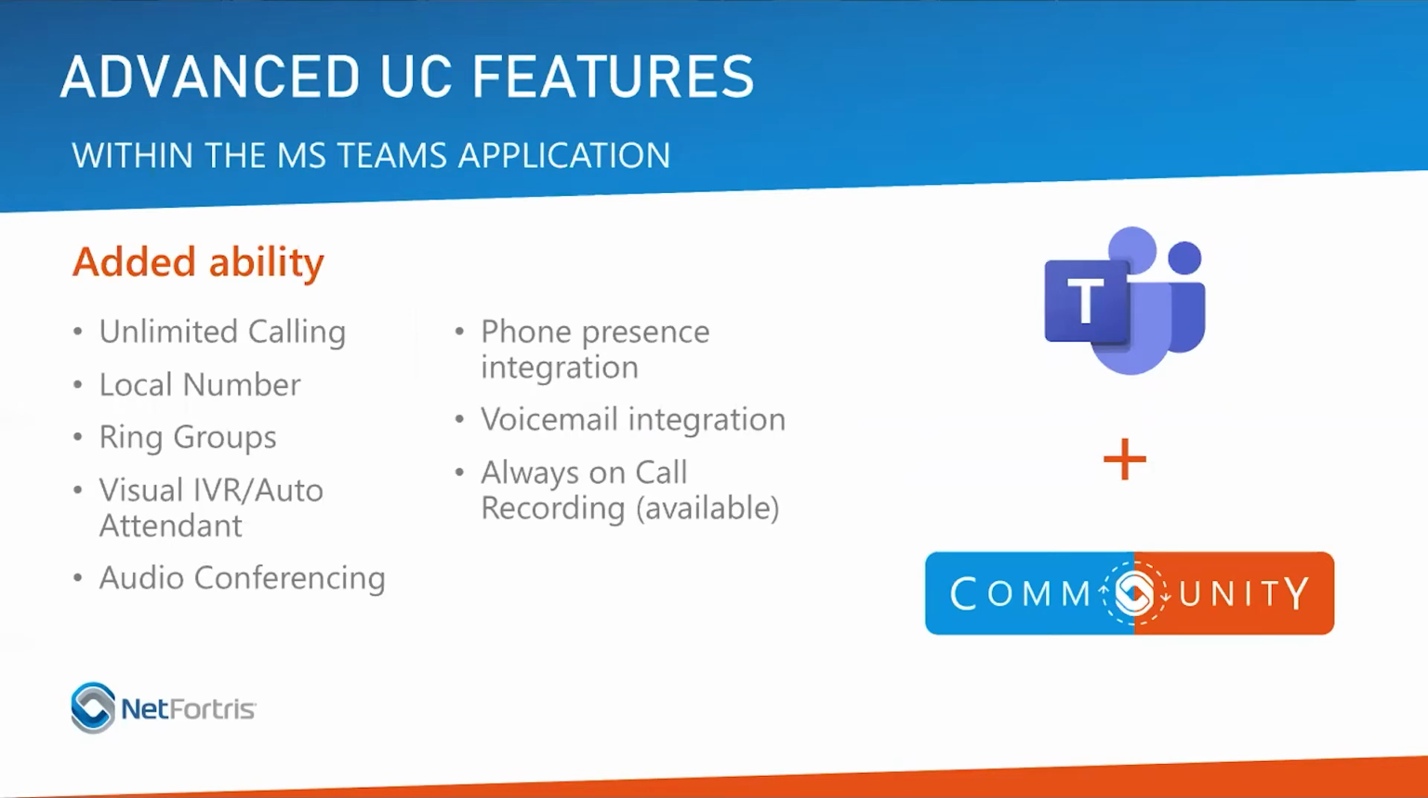We give you folks unlimited calling to the United States and select European countries. You'll receive a local phone number, so you can give that out and people can call you directly on that, as well as you'll be able to be a member of a ring group or a call center queue to receive calls like that in group environments, as well as you do get a visual IVR auto attendant,